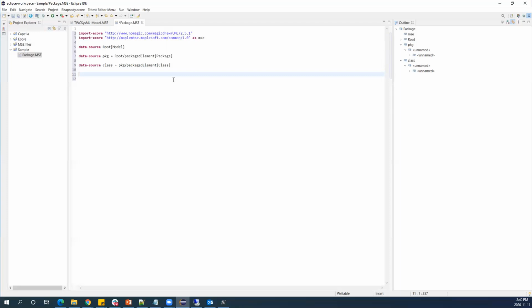The problem when you use a text editor is you can create the whole configuration file, but you will know of the error only when you launch the config file. When you launch it, you're going to see something like, say, at line 9, it's not able to find CLAS. Then you need to change it in the configuration editor and launch it again. But with the Eclipse editor, the moment you import the ecore and start typing, it's going to do all these automatic suggestions and the syntax checking.